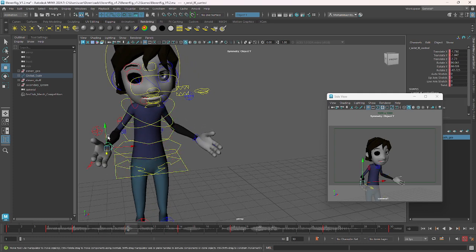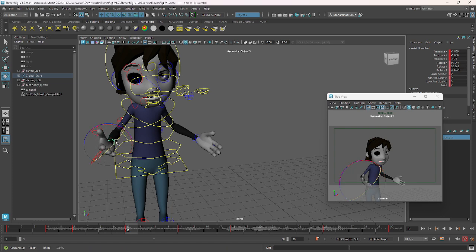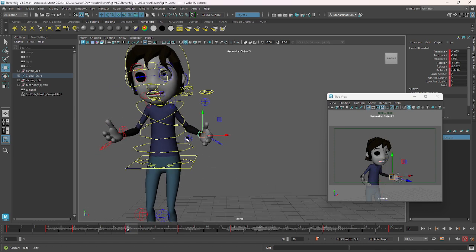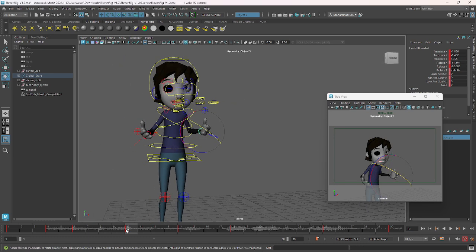And the hands are going to go up, something like this. Sorry, I'm going to use gimbal. Same goes for this hand. So you see,